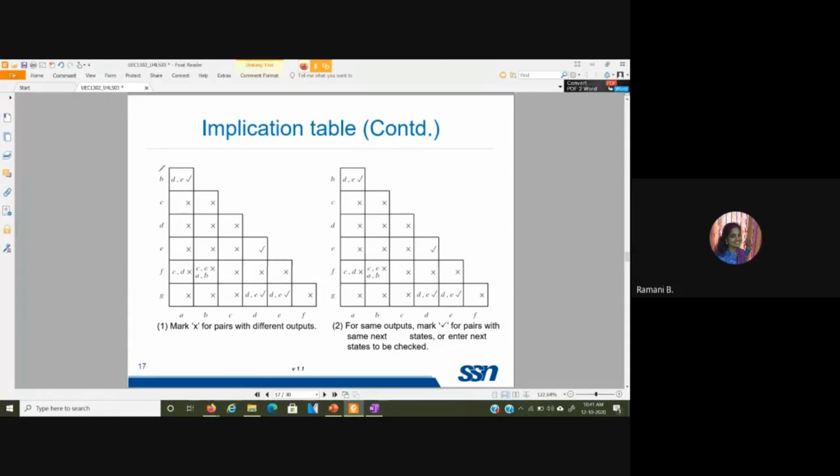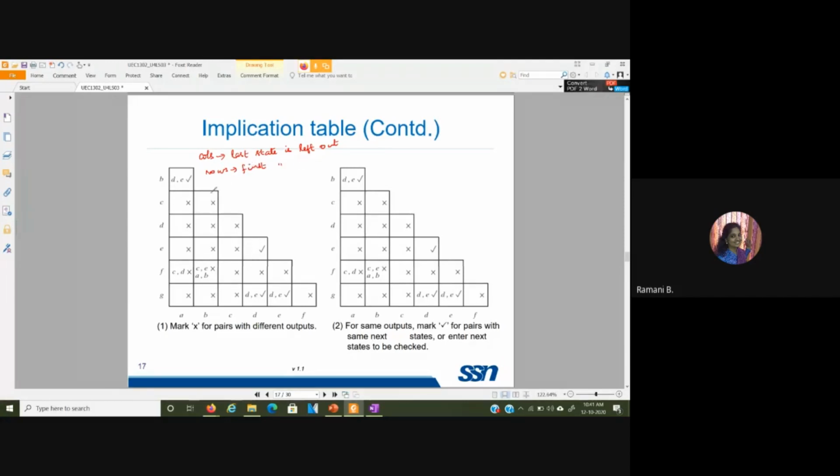For that purpose, we give this sort of format. In the implication table, across the columns the last state is left out, and in the rows the first state is left out.